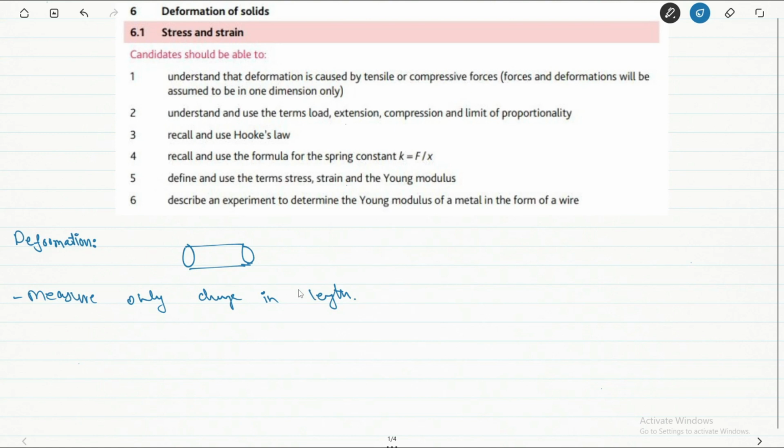So you won't be dealing with the thickness changing of the object you are compressing or extending, just the change of length. So that's a good thing. That makes it very easy. So now